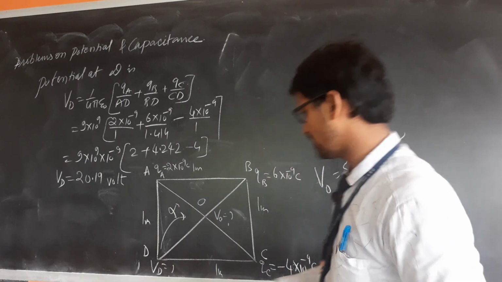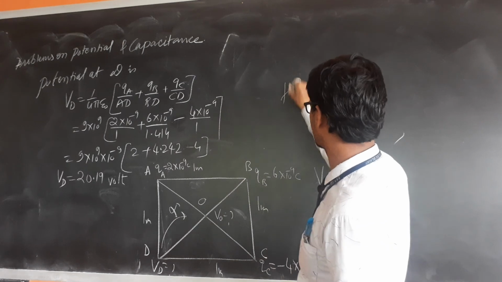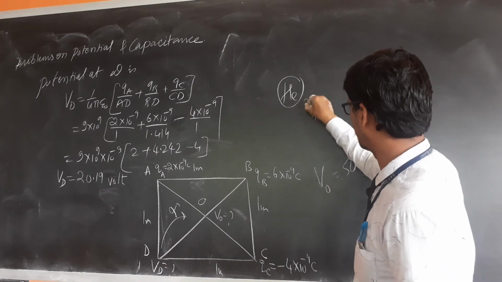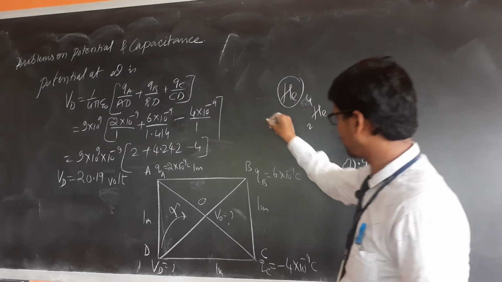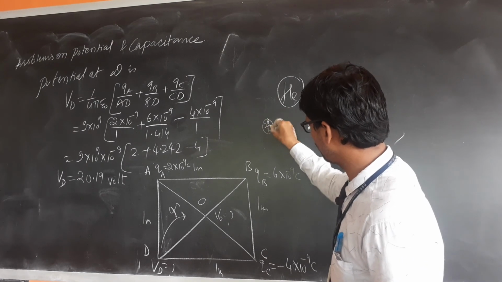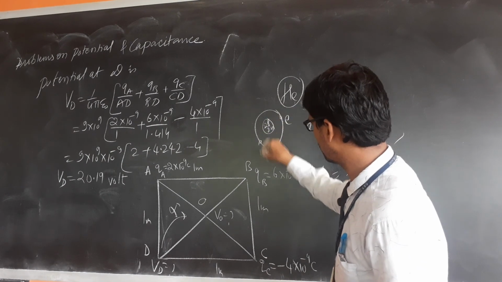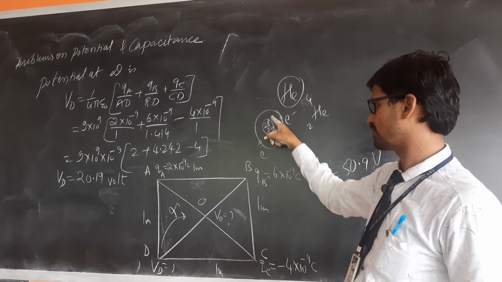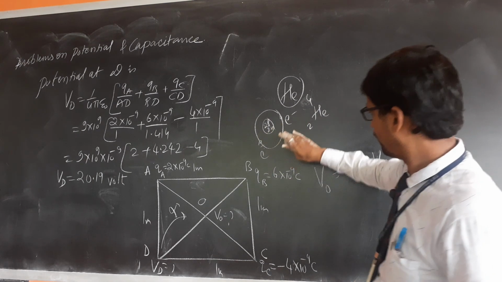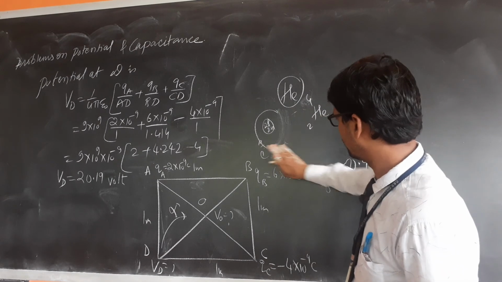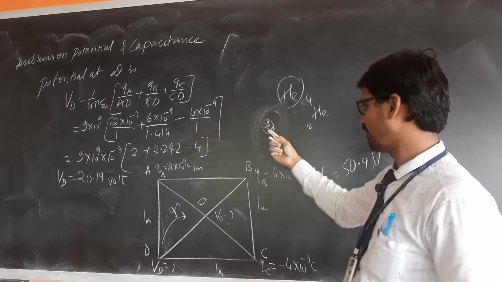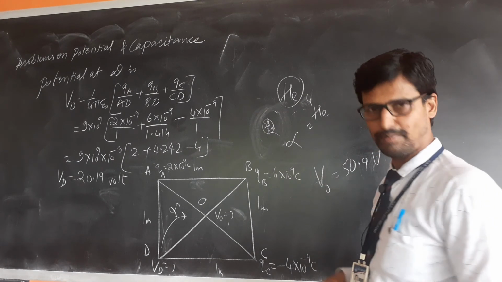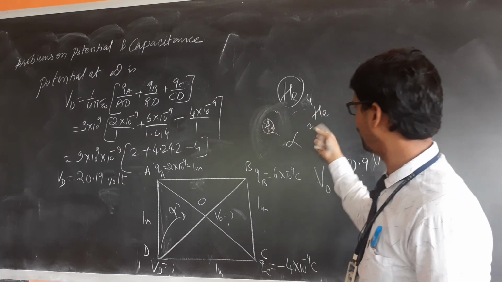Before this, let us study what is an alpha particle. An alpha particle, you have studied, is nothing but a helium nucleus. Take a helium atom. A helium atom will have 2 protons, 2 neutrons, and 2 electrons revolving. Electrons are negative, a proton is positive, a neutron has no charge. Helium nucleus means the electrons should be removed. What we are left with is only the helium nucleus. Helium nucleus itself is called an alpha particle.